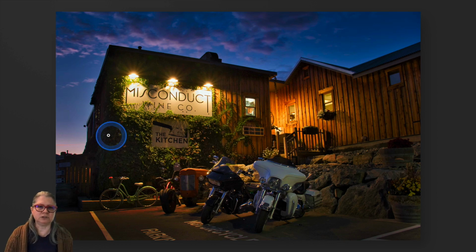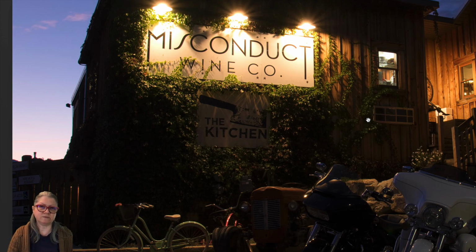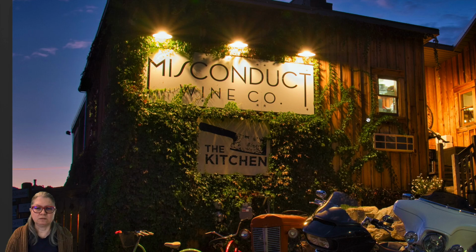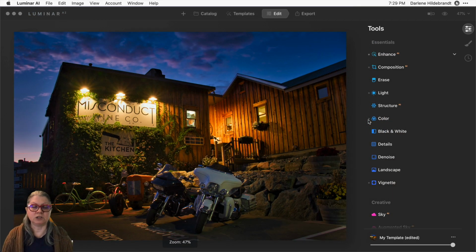Let's take a closer look at that area. You can see the after, there's lots of detail in the vines and the sign in the sky, and before, very contrasty, dark, and some areas blown out. Just hit the space bar to zoom out and F to resume regular screen viewing.